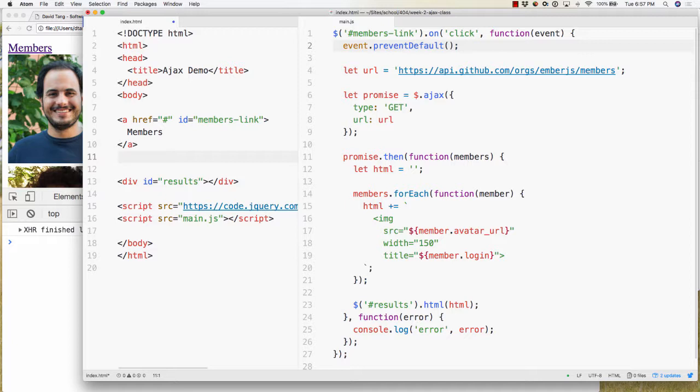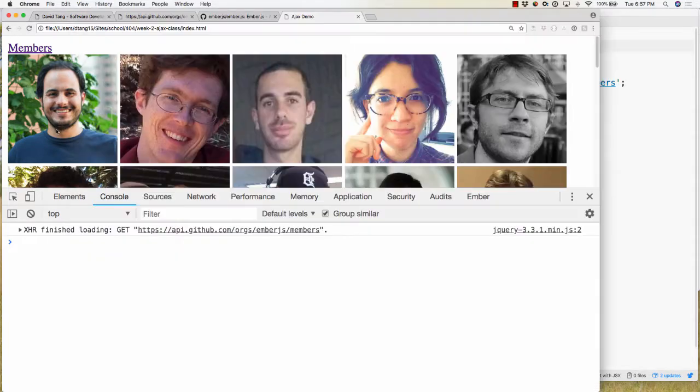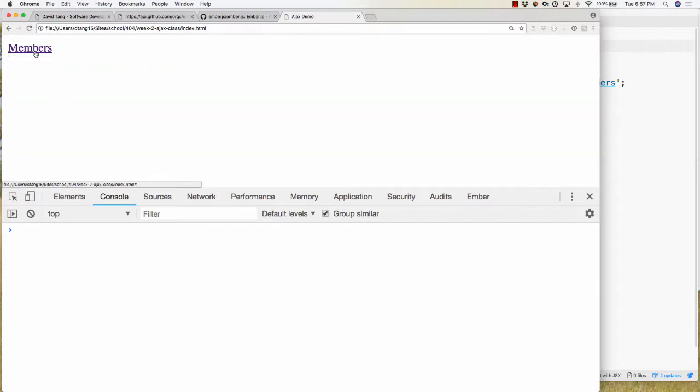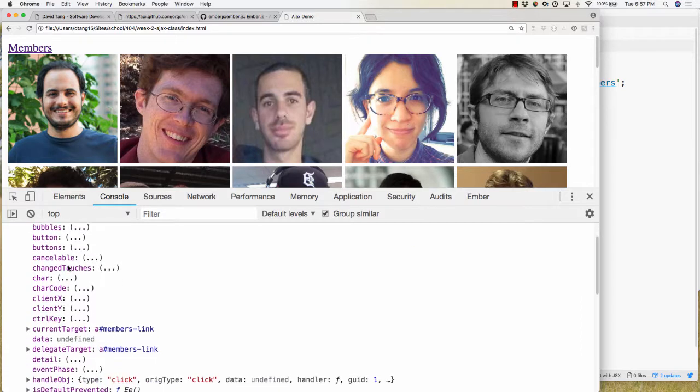So any questions up until this point? So for the prevent default, like a function, right? Yeah. So what's the other uses of this? So the event object just contains a bunch of information about the event. So actually we can do a console log on this. So if I do console log event and refresh, and then click this, you'll see that there's event, and it'll tell you a bunch of information like